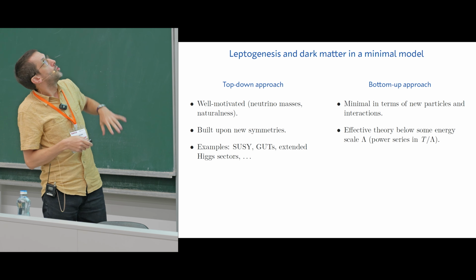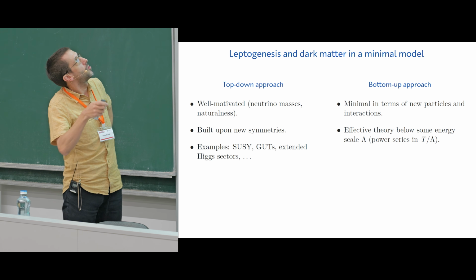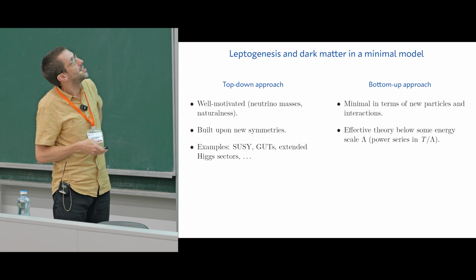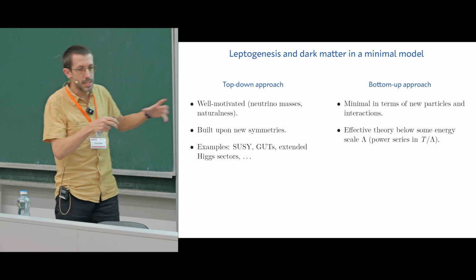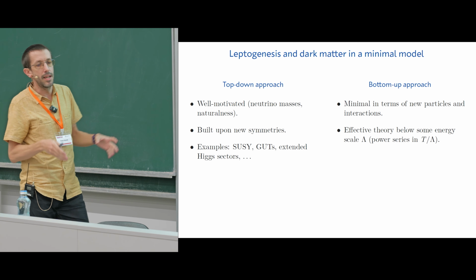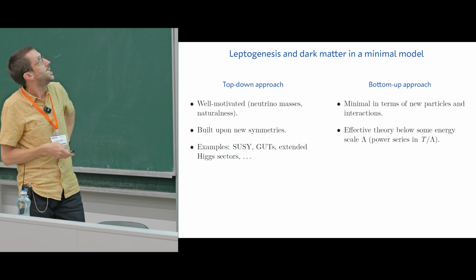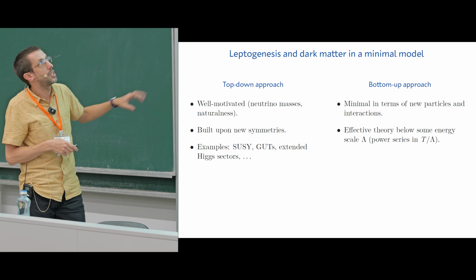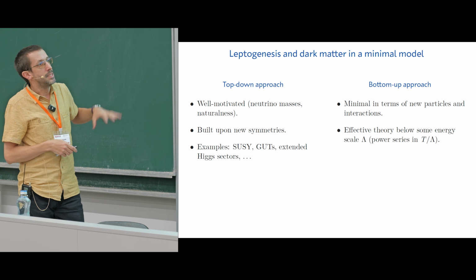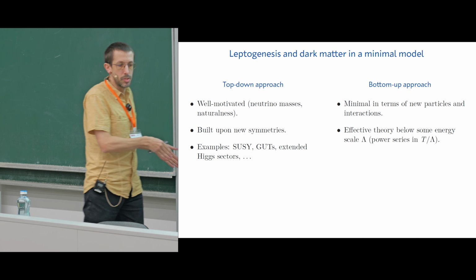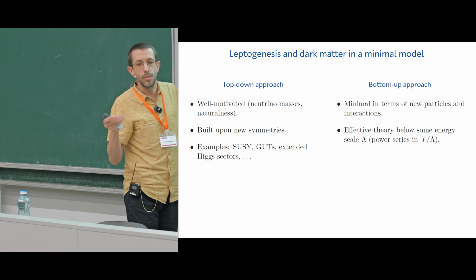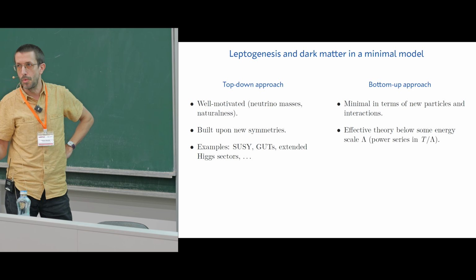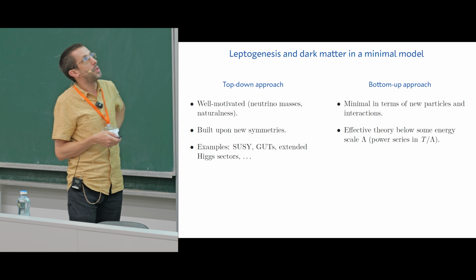And so you come with some idea of a new symmetry. Like supersymmetry was a very famous candidate. Some bigger symmetries of interactions, which are called grand unified theories. Some multiple Higgs bosons. Everything you can play with, you can introduce new particles, and you will get dark matter and leptogenesis or directly baryogenesis, and you are happy, but your theory contains many new particles and many new parameters and so on. And then there is the so-called bottom-up approach,